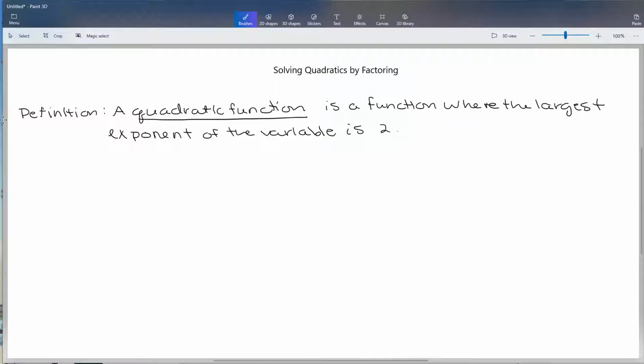Okay, so a quadratic function is any function where the largest exponent of the variable is 2. Okay, so we might be talking about something like f of x equals x squared. Okay, we could be talking about something like 2x squared plus 3x minus 1. Okay, or we could be talking about something like